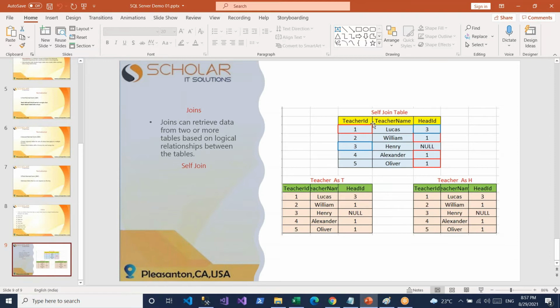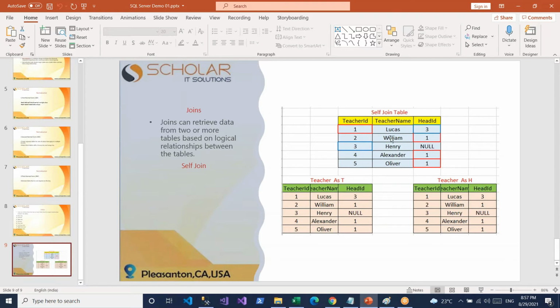the CEO makes one person a manager, one person a team leader, and one person the admin. In that way, the person is employed, but the level or category of the position will be different. So in real time, we have only one employee table, but we need to know who reports to whom. Employees report to the team leader, team leaders report to the manager, the manager reports to the CEO. This is a structure, but all these people are employees only.